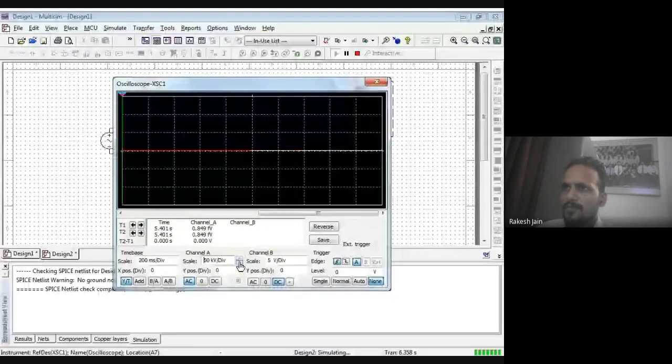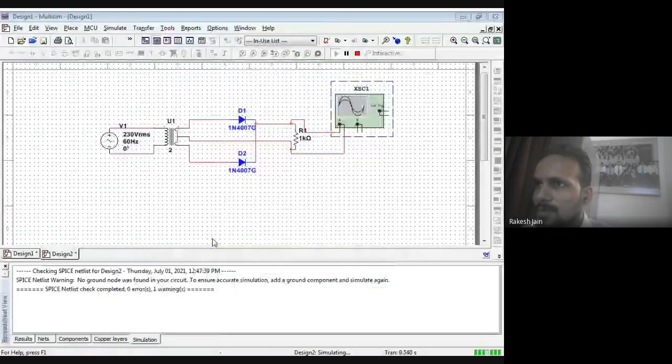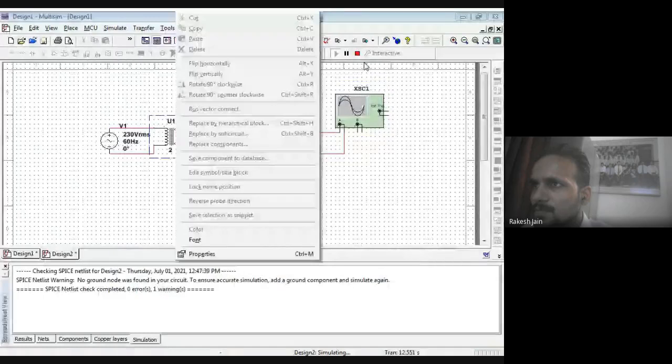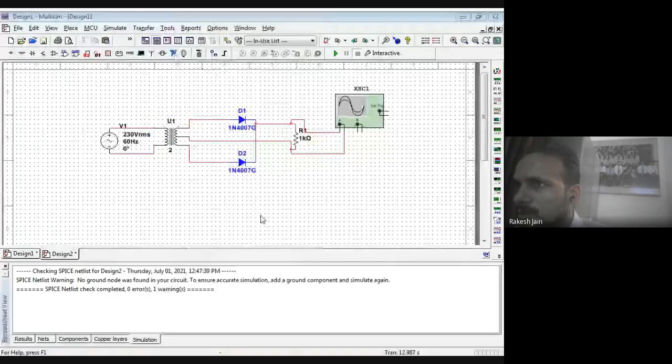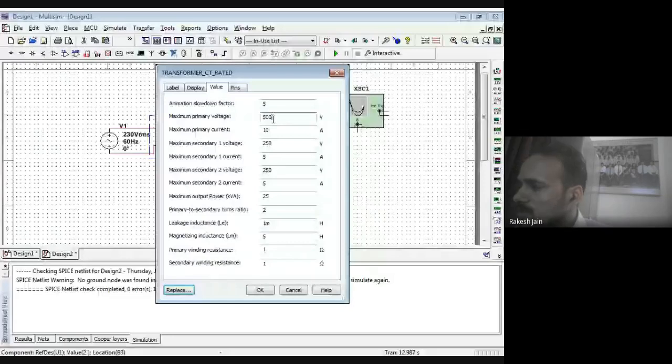Okay, let me first of all. Maximum 70 voltages.